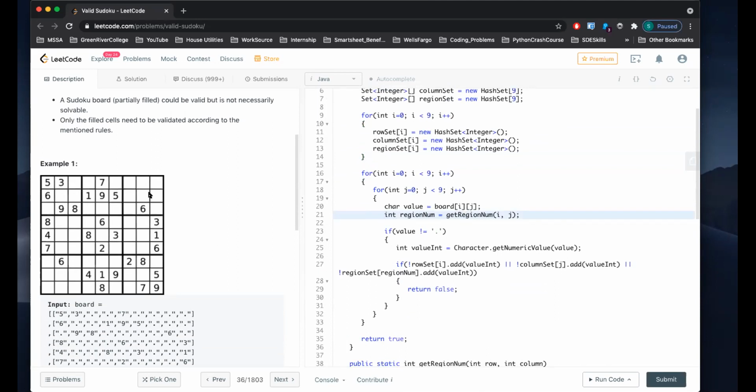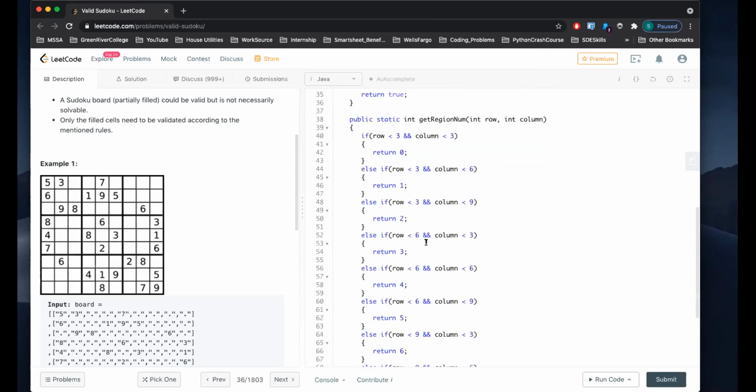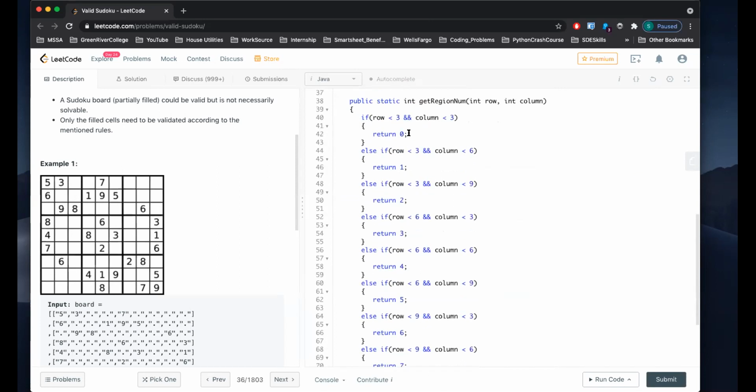So these regions are 0, 1, 2, 3, 4, 5, 6, 7, 8. I made a little helper method that gives me the region based on what the row and column indices are. I called it get region number. The way it works is pretty simple, right? If row is less than 3 and the column is less than 3, then this is region 0, right?